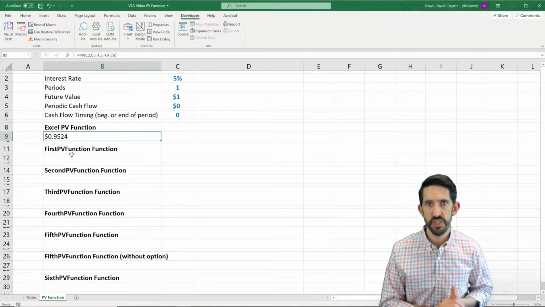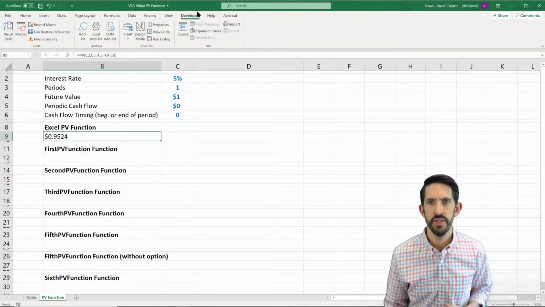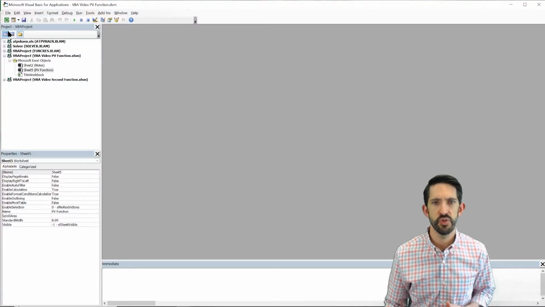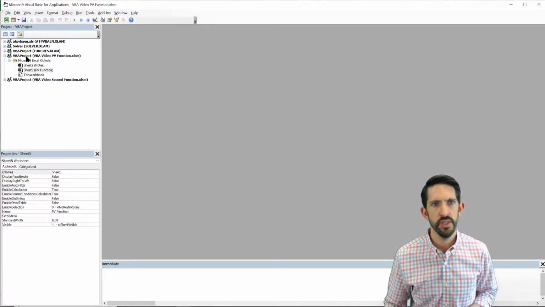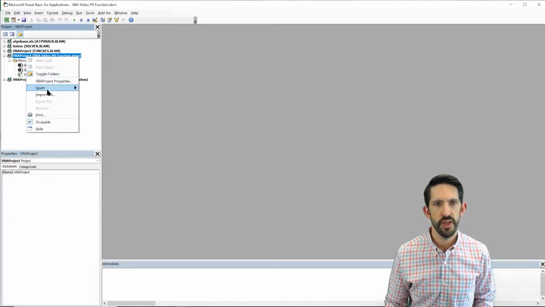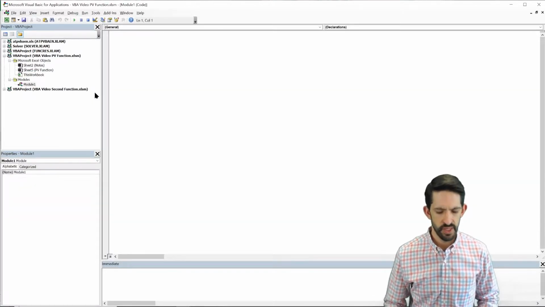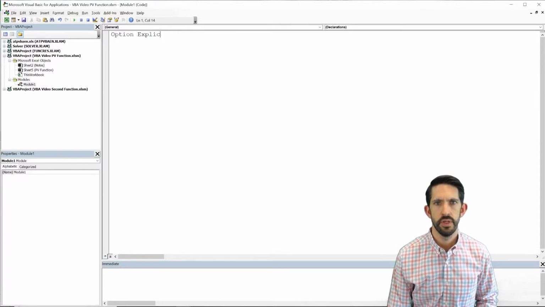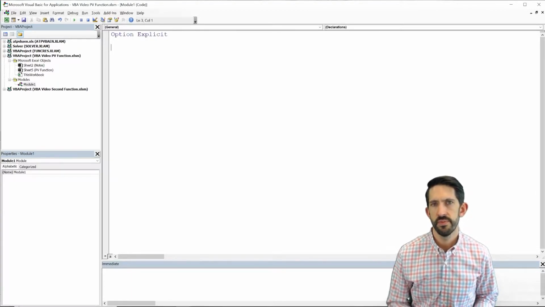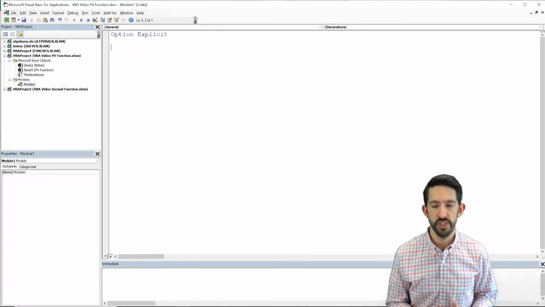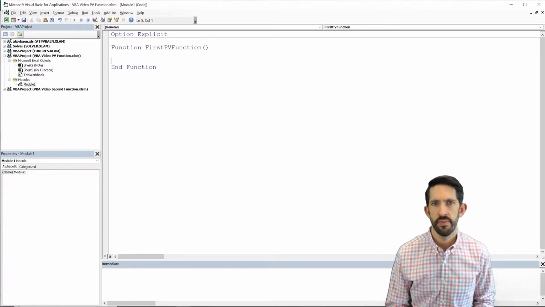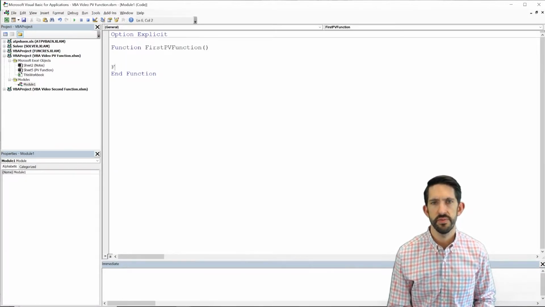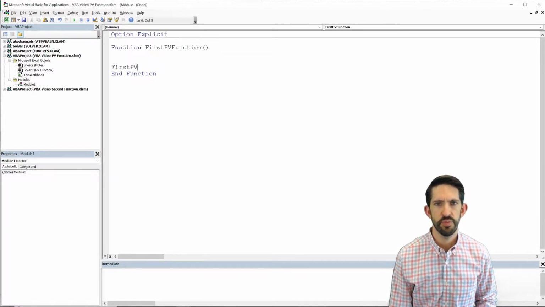All right, so the first step, let's go back over to VBA. From our developer tab, I'm picking Visual Basic. Notice you probably don't have a module again, so we're going to go in, right-click into our file, and insert a module. The first thing we do, Option Explicit. From there, we can start writing our function. So I'm going to call this function FirstPVFunction, and then we get our End Function. I'm going to type in FirstPVFunction